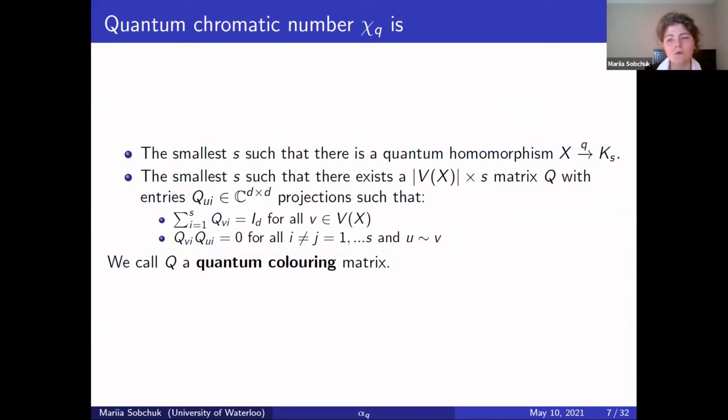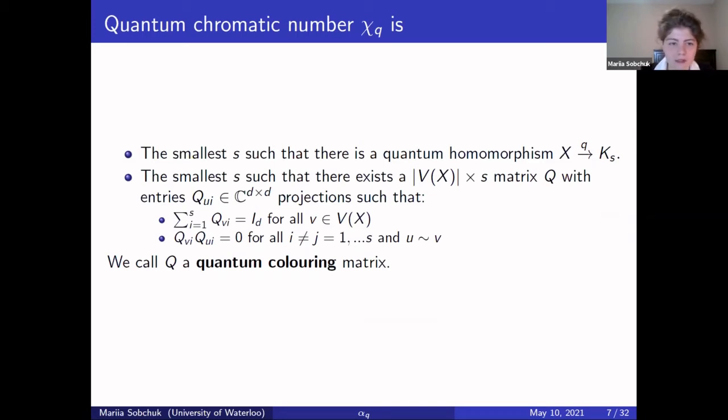And then later in the talk, we will make use of the definition of the quantum chromatic number. So I thought to put it here as well. Those two properties are often studied together, and so it's also good to know them. But just keep in mind, and we'll use this definition later. So what is the quantum chromatic number? Well, the same idea is that we can think of the classical chromatic number in terms of homomorphisms as being the smallest number S such that there is a homomorphism from the graph into the complete graph on S vertices. That's the classical chromatic number. But again, if we put quantum in front of homomorphism, then we get the quantum chromatic number. A lot of things get interesting once you do that,